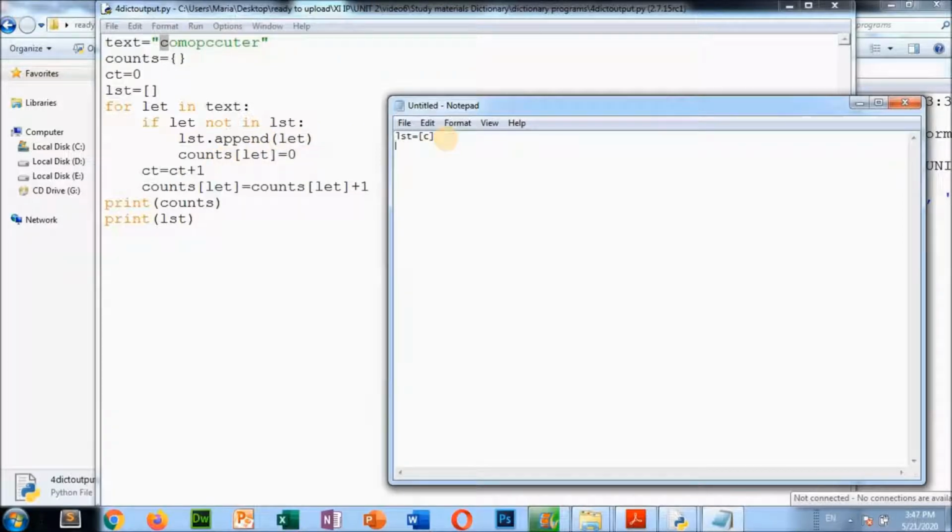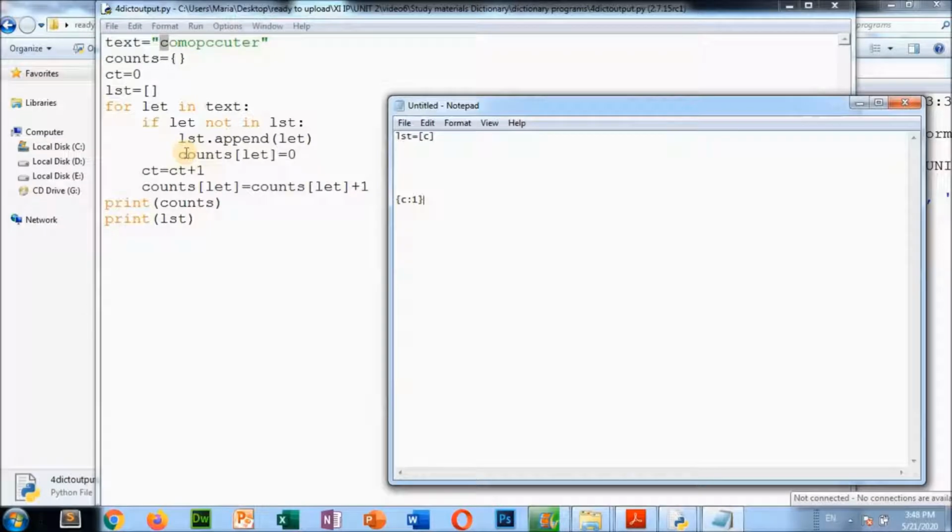Then counts[let] is counts[let] plus 1. The counts[let] value was 0 here, 0 plus 1 is 1. So for counts[c], in the dictionary you will get c: 1, like that. This is the first value you get for the dictionary, with the colon and curly brackets.